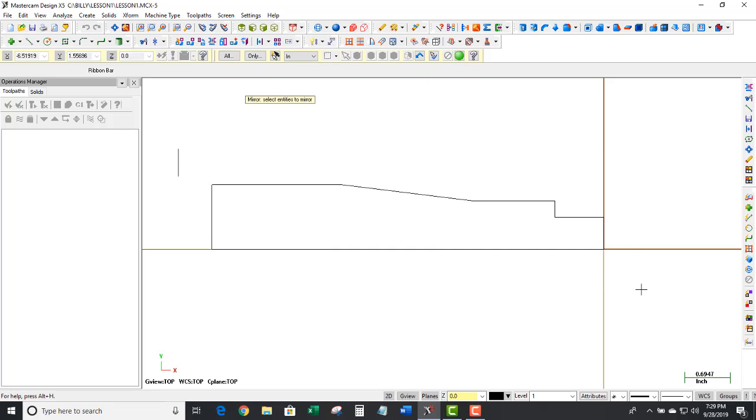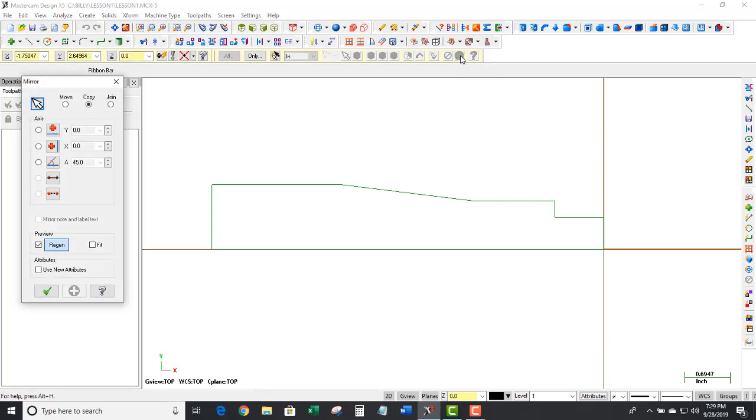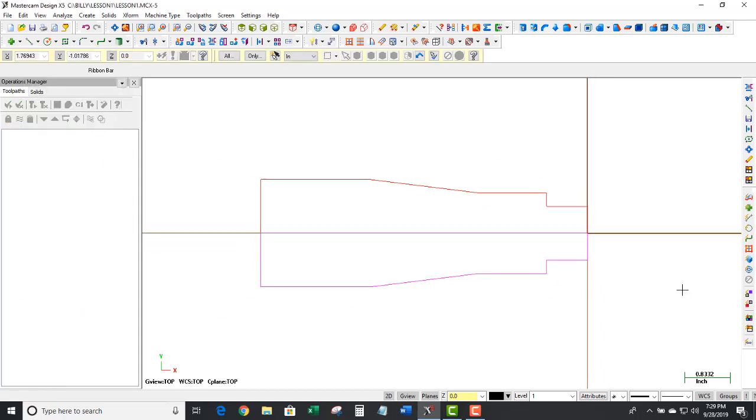this whole shape. So I create a window, and then it highlights the part. I click End Selection, and we want to copy that, and we want to use the X-axis to mirror that shape, and then click OK. So now you can see I only had to draw that shape once on the upper left quadrant, and now I can copy that shape, and then I just mirror that shape about the X-axis,